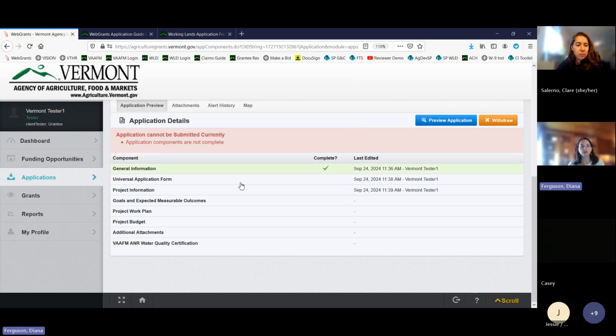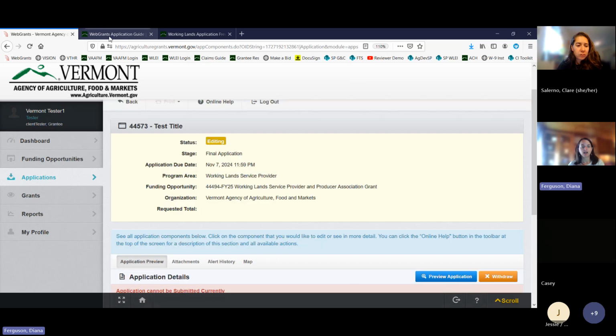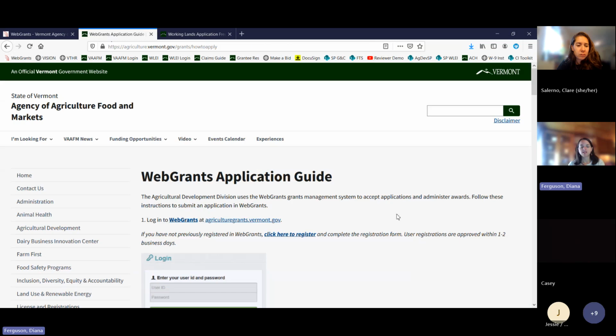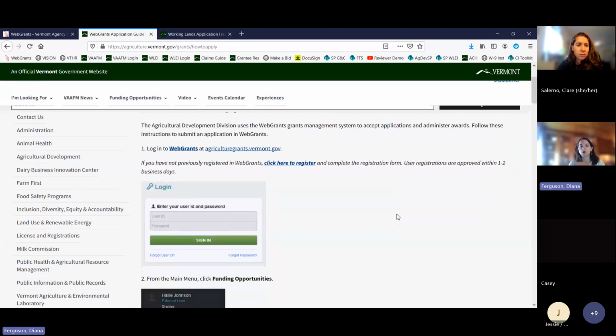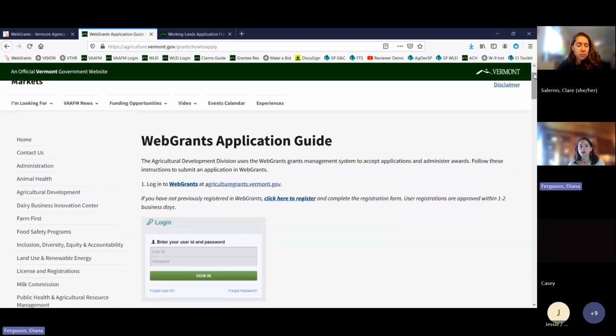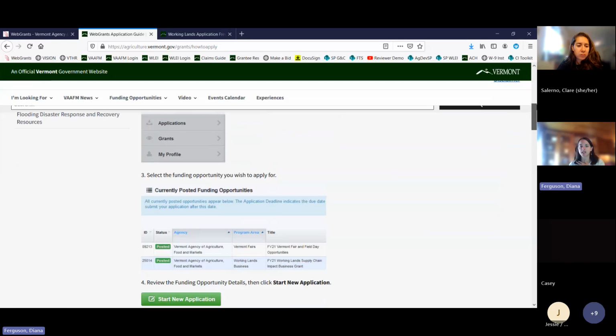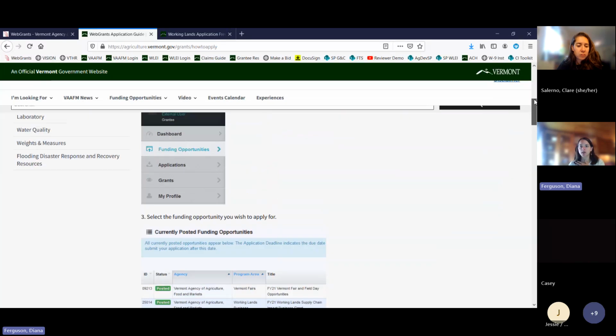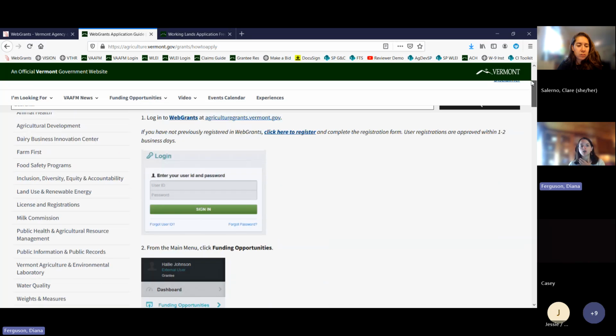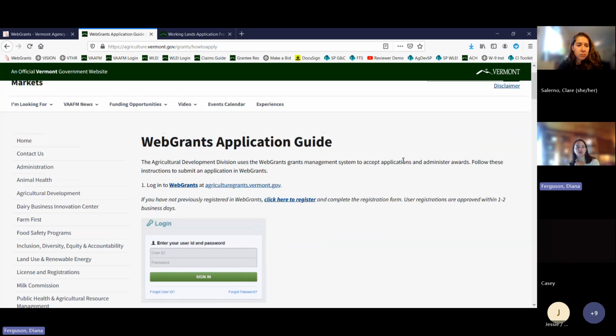I will point out here this web grants application guide, which is linked in our presentation that lives on our website. This is a step-by-step guide, essentially, of what I just showed you, with screenshots of how to move from beginning to end of submitting an application. So if you need a refresher or have someone who's working with you who has not used web grants before, it can be helpful to read this application guide before you get started, just so you're a little more familiar